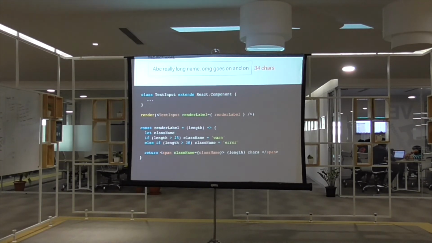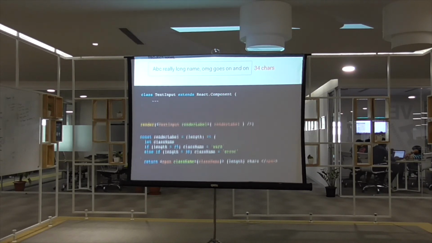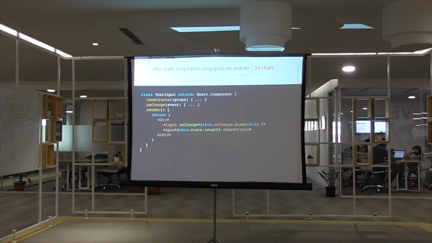Cool, so yeah, they did something like this where they had a class name and then they control that class name, and length is 25, all of that stupidness. Right? What I had to do is, I just had the same code, but instead of the span where I was showing this and doing all of the manipulations, I call this.props.renderLabel, right? So I call that function, it returns JSX, which goes into my component, and it renders over there,